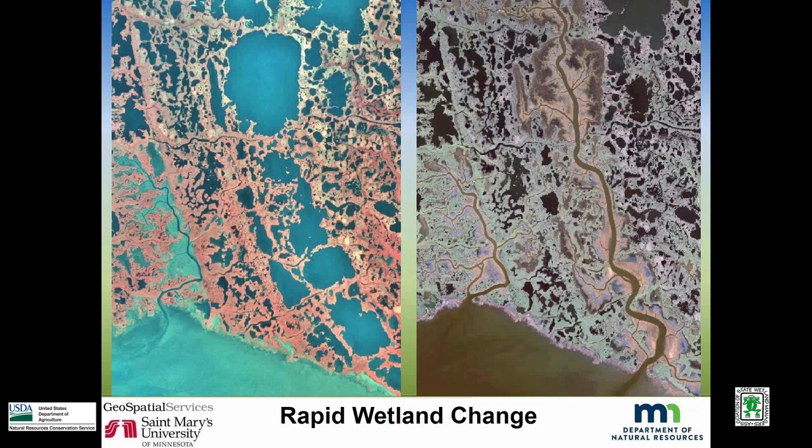I had mentioned earlier shallow lake drying and draining happening over relatively quick periods of time. These are two aerial images of the same location on the Yukon-Kuskokwim Delta in central western Alaska. The image on the left-hand side was taken in 1984, and you can see if you look at the center of the photograph, this series of lakes running north to south through the image. And then if you look at the image on the right-hand side, which was taken in 2010, you see that several of those lakes have been completely drained out, and a new river has developed through the center of this